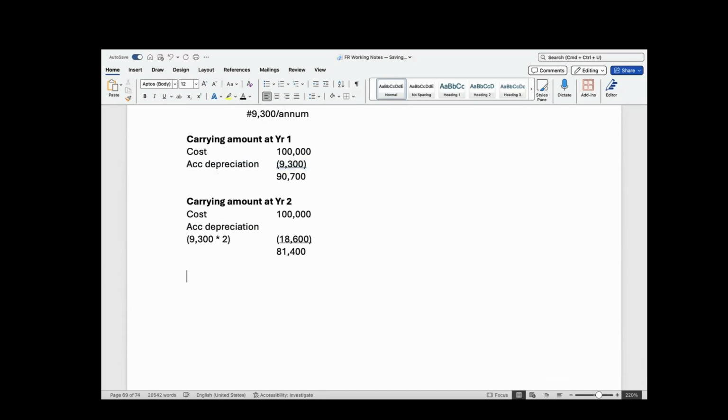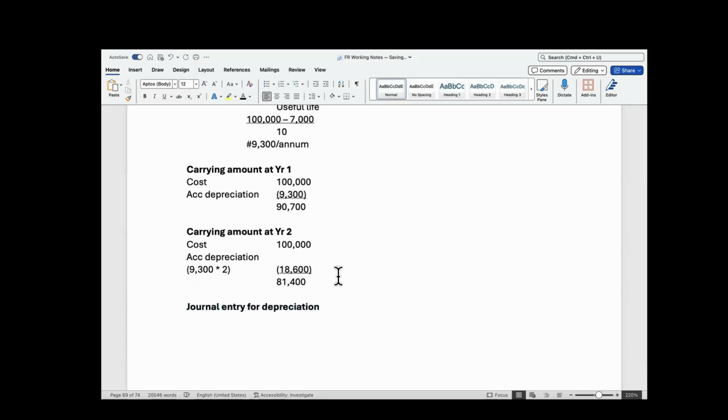And if you need to know the journal entry for depreciation, this depreciation we compute per annum. From these workings we have done, who can tell me the journal entry for depreciation? What are the two legs to it? Who can tell us? Okay, Moses. Yeah, every year you debit your P&L and credit your accumulated depreciation. Thank you very much, Moses. That's absolutely